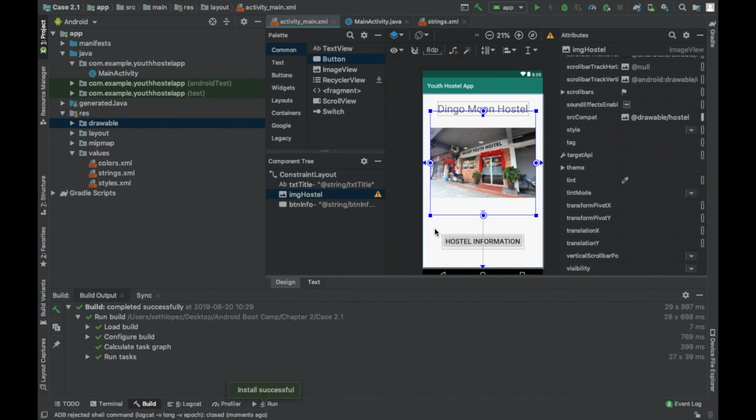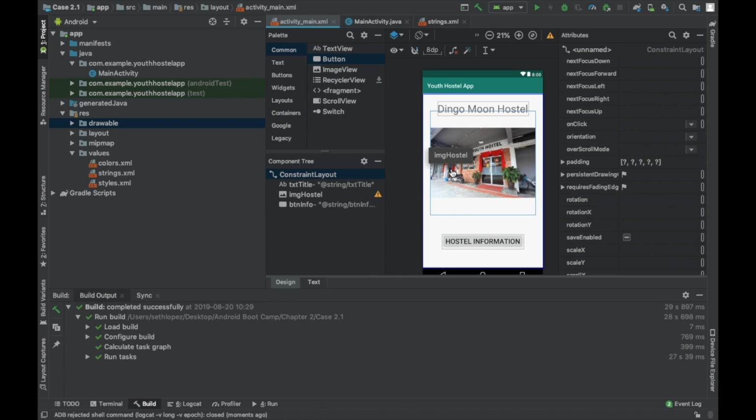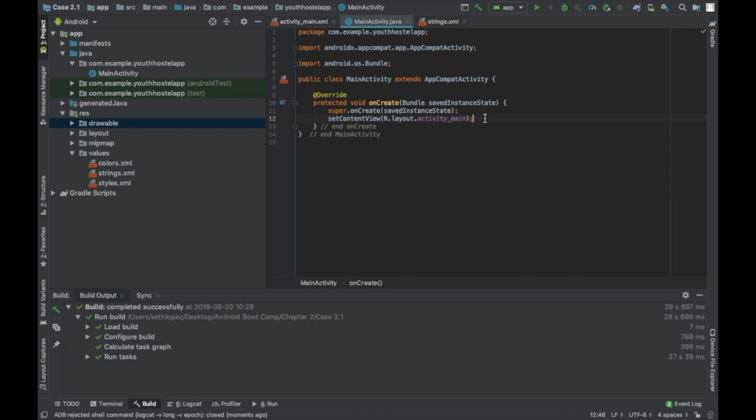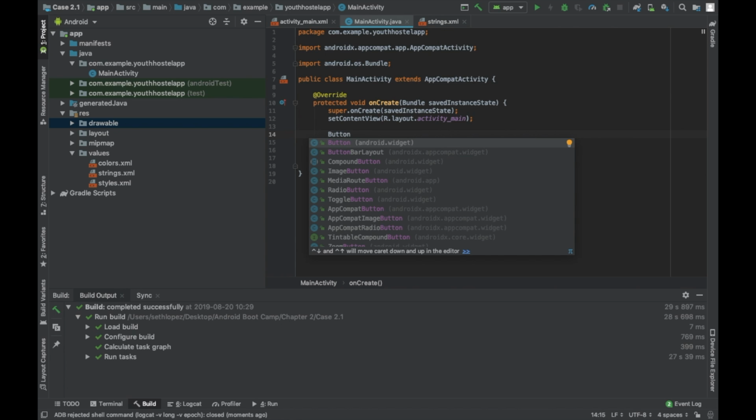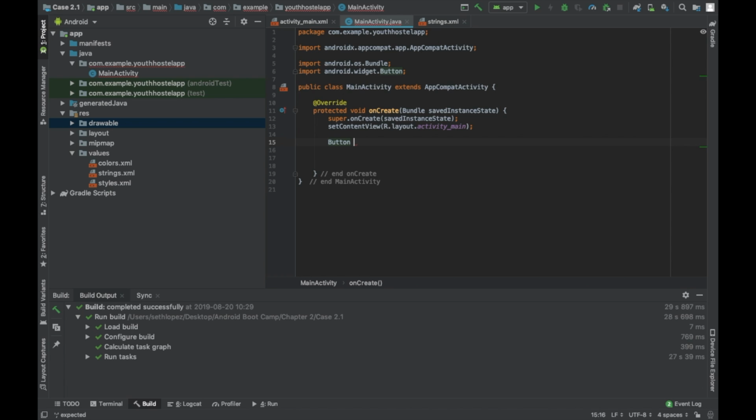Okay, so we're here. Now we're going to go back to main activity. Go ahead and just type some Java code. So we're going to instantiate a button. So we're going to type in button, which is where Android already has button. Yeah. It's kind of weird if you don't know Java. If you do know Java, pretty much this is the button class. I just imported the button class, and we're going to call this button info button just so it's not confusing, equals new button,